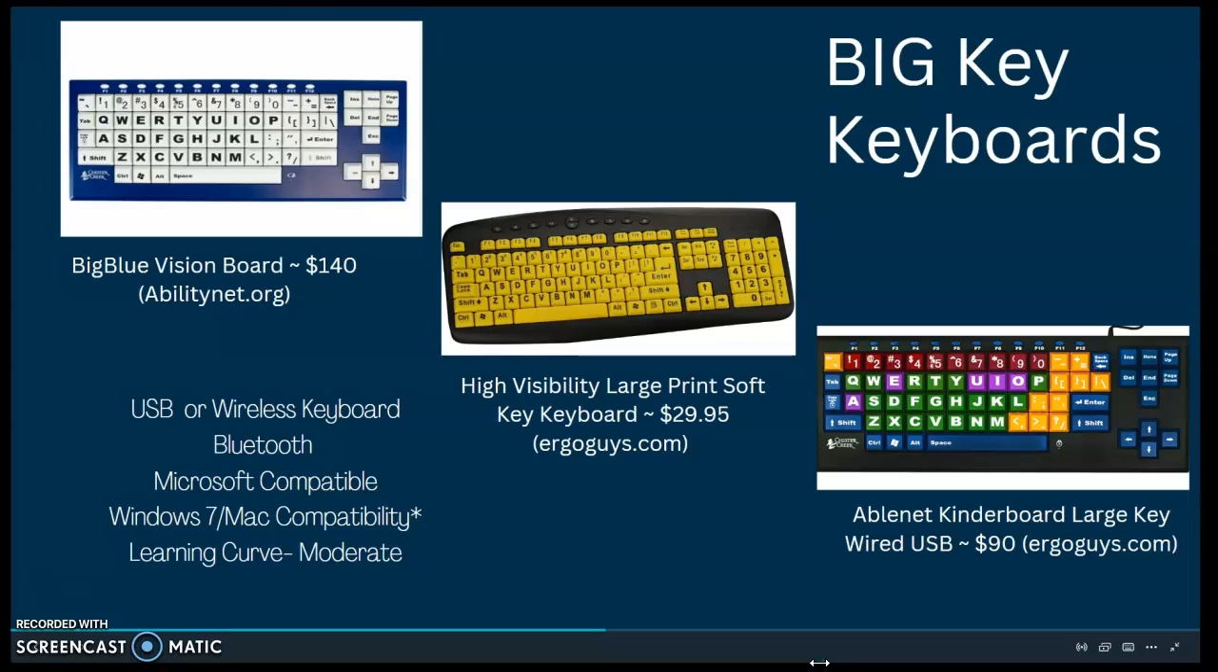Here are some examples of Big Keys keyboards. As you can see, the letters are enlarged, bolded, and contrasted to aid in ease of visibility. The Big Blue Vision Board is the most expensive I came across on abilitynet.org at $140. On ergoguys.com, their most popular Big Keys keyboards are the high visibility large print soft key keyboard, which comes in